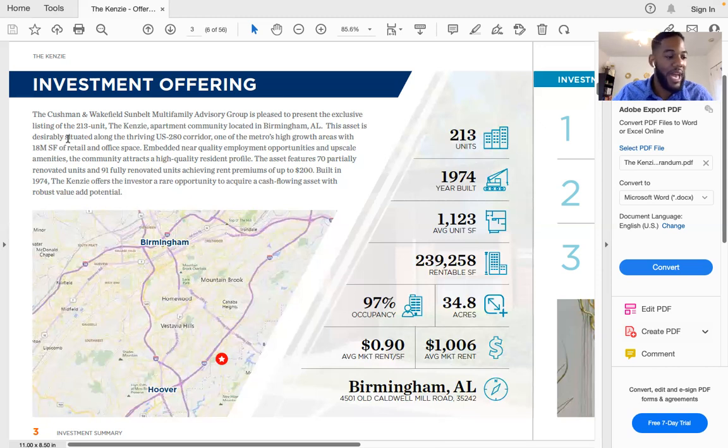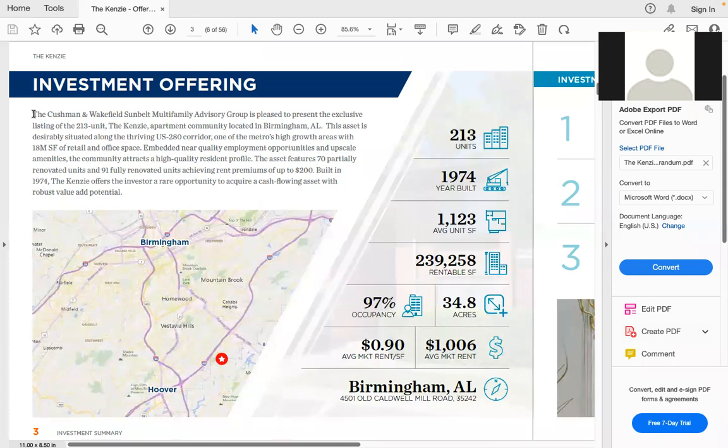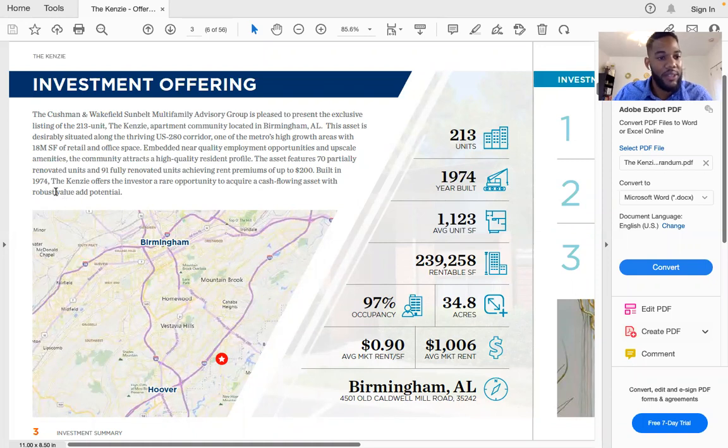So when we read this, guys, what are some things that stick out to you? What do you think the broker is trying to hone in on here? They always tell you about the upside that they never did. Like you can raise the rents $200 and you can renovate these 91 units, something they didn't do. A value add, right? Perfect. So you see right here, they're highlighting that value add potential on this deal.